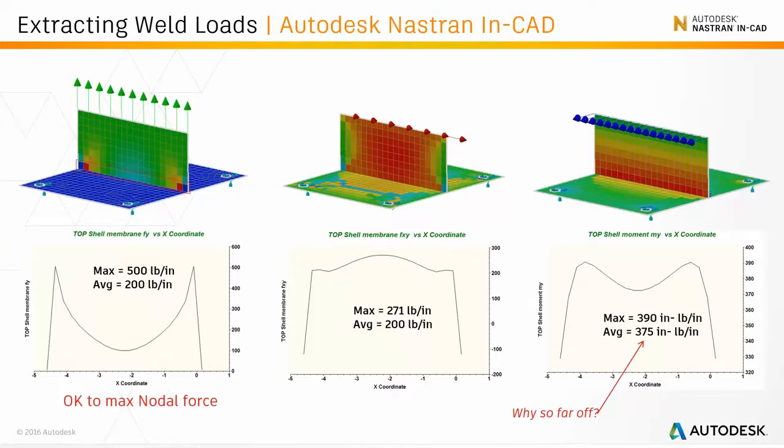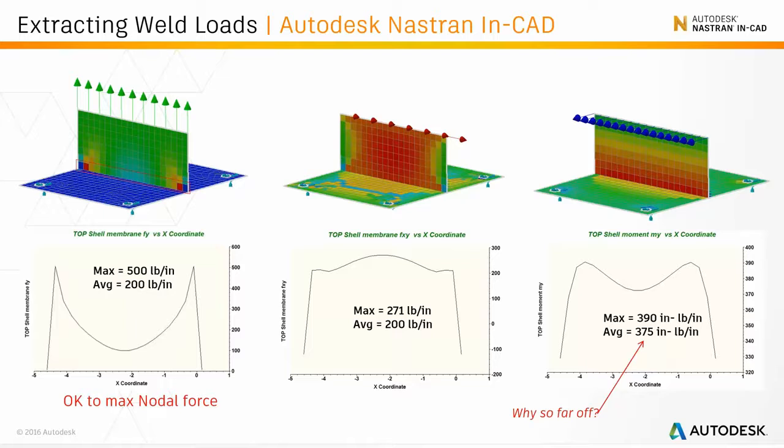So here we are, we've got our simple plate that we've run an analysis on, and looking at the load, we're essentially looking at the load transfer across that area. Note that the no averaging option means that we can actually see the loads on the individual elements rather than taking into account averaging across adjacent elements. For the normal and the shear forces, we're taking the average, and that essentially matches what we previously defined when we set up. So we said there were going to be 200 pounds per inch, and both of those are 200 pounds